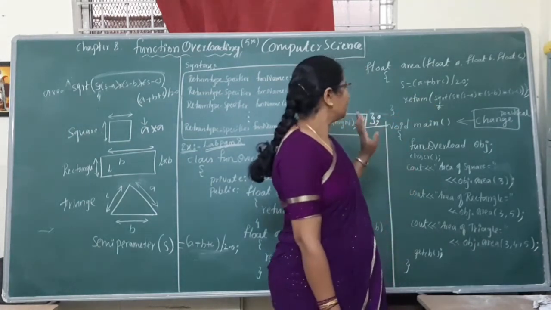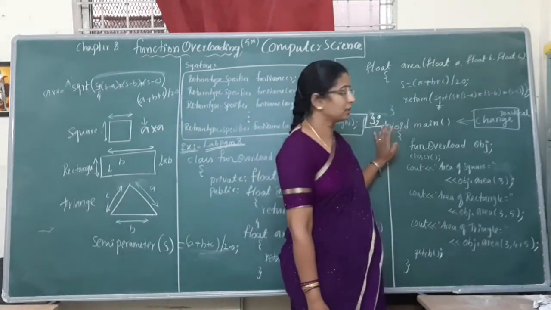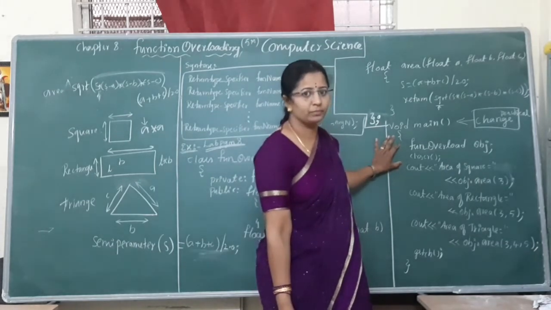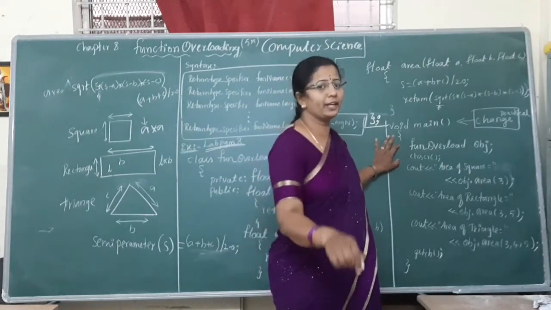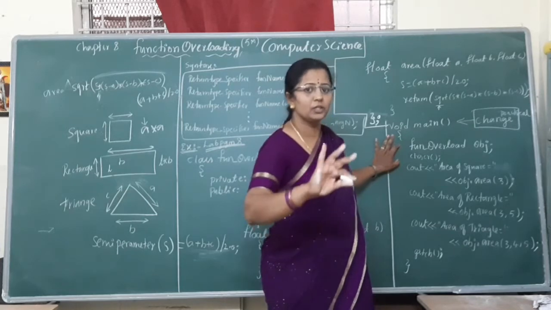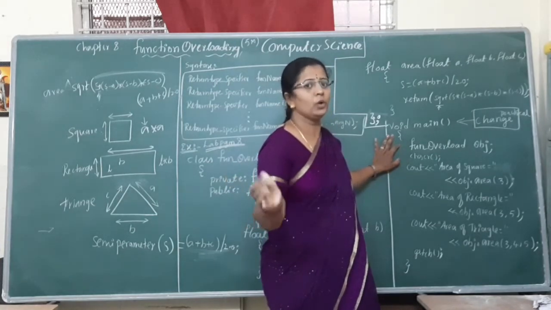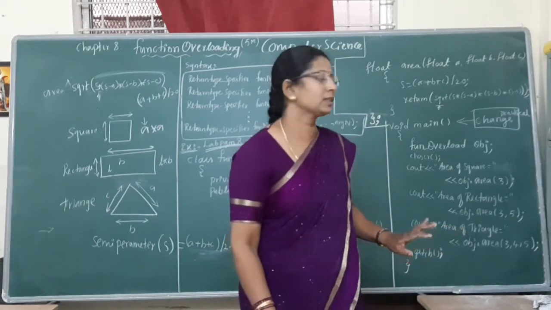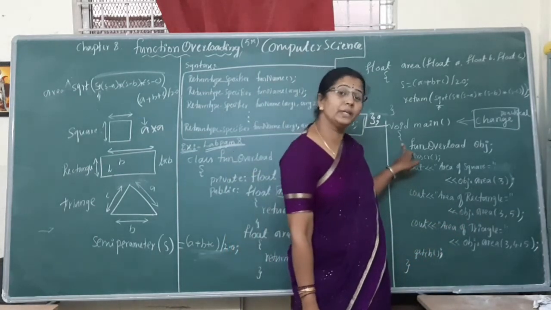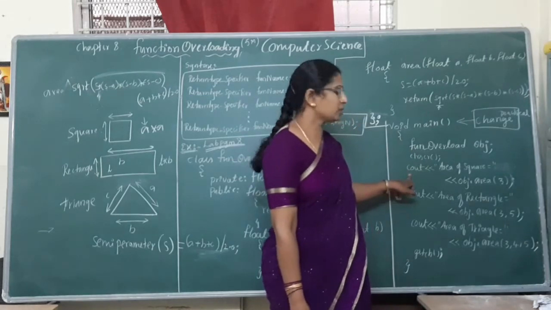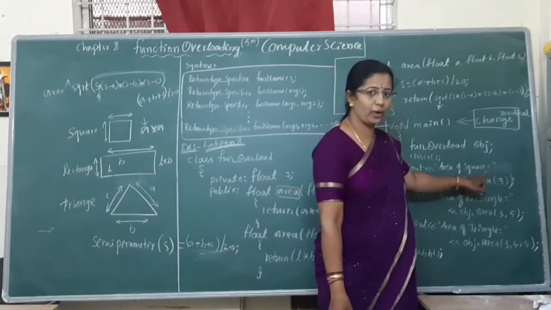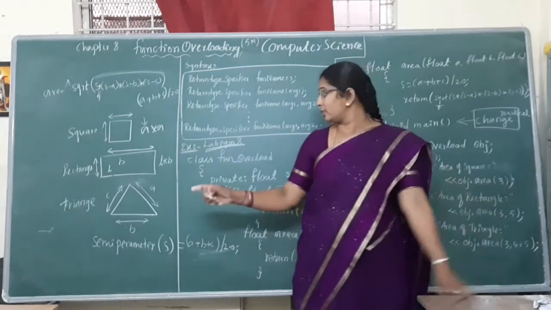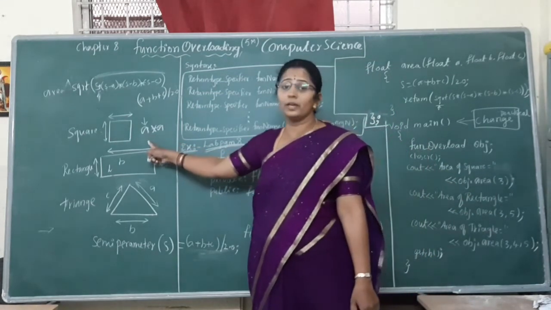See here, the main function contains, for the practical point of view, a choice you need to select. Then based on that, you need to give the input value. Everything is there, so I am not discussing it now. We'll discuss it once the classes reopen. Okay students? So for the theory point of view, see, for the area of square, obj dot area. Area contains the first one. Area of the square contains how many variables?